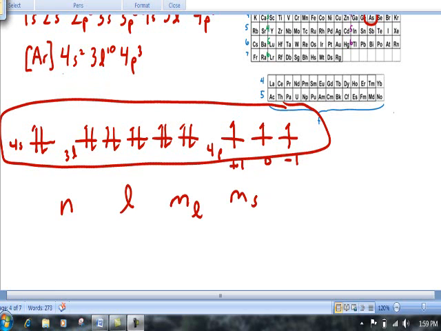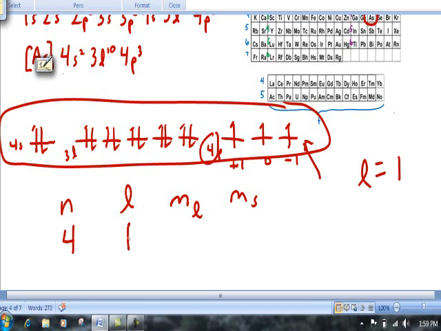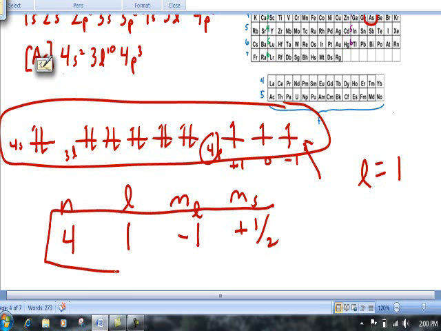Now, the quantum numbers, again, go in the sequence N, L, M sub L, M sub S. Because we're at energy level 4, our N value for the last electron, we're going to focus on the last electron, our N value is going to be 4. For the p orbitals, L is equal to 1, so our L value is 1. Our M sub L for the last electron, see the first one's +1, then 0, this is -1. And because it's an arrowhead pointing up, our M sub S value is +1/2. This would be the 4 quantum numbers that we have for